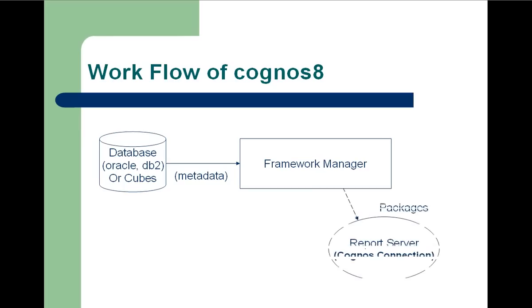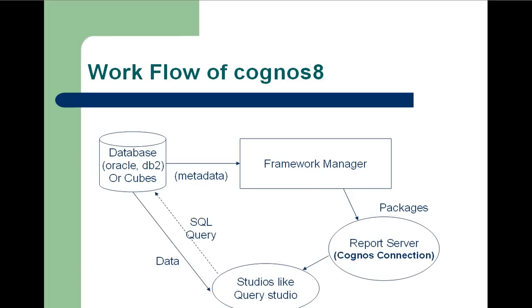And from the Framework Manager, you'll get packages. These packages are published to the Cognos Connection. In Cognos Connection, we'll find various types of studios like Report Studio, Query Studio. These packages will go to the report server, and by making use of these packages, we can create the reports in Report Studio and other studios. When we create a report in Query Studio or Report Studio, it will generate an SQL query, and it will fire that SQL query on the database, and in turn it will get the data from the database and